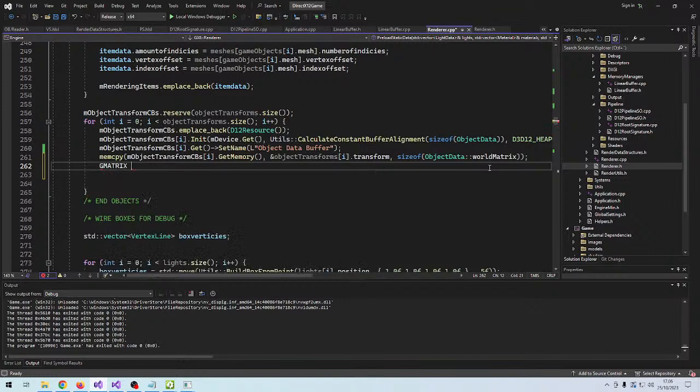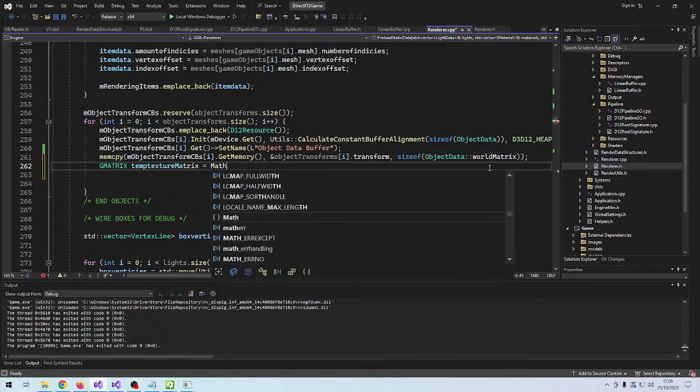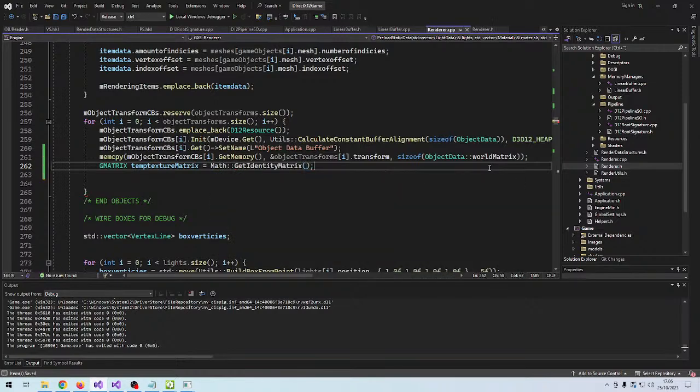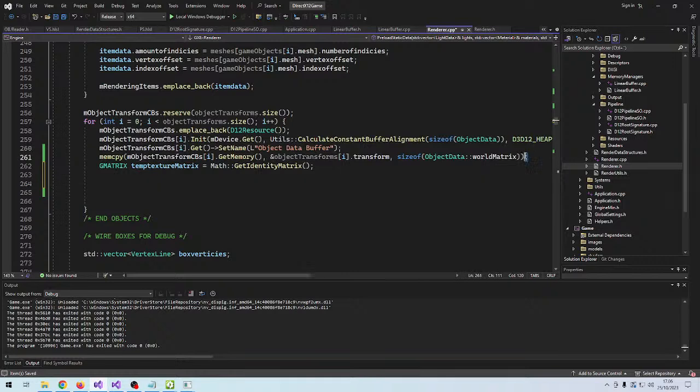Let's just do that. Temp matrix, texture matrix, math get identity matrix, and then mem copy that in